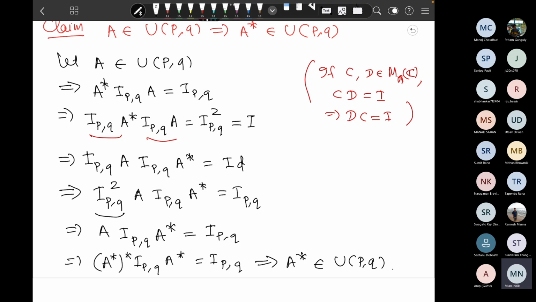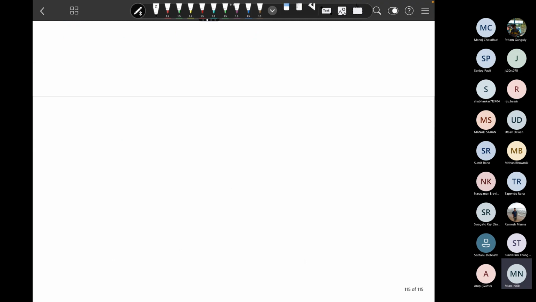This is the same argument which we have given similarly. Since determinant of A star is equal to determinant of A bar,